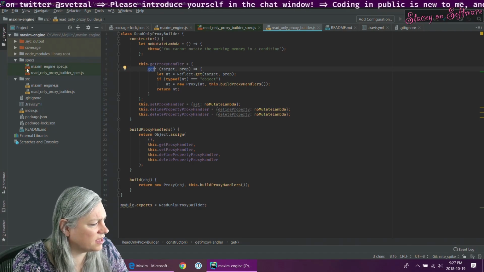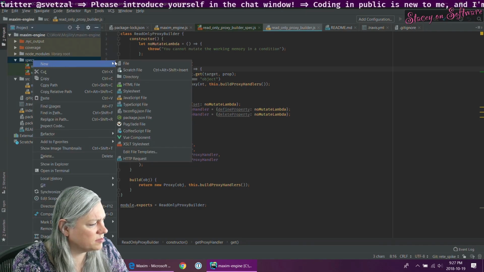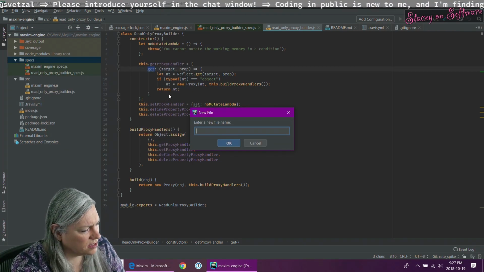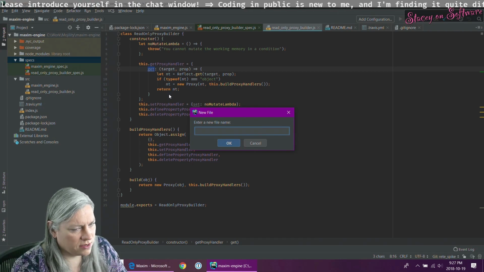If I had a thing, let me just start to prototype how it might work here. What am I going to call the thing? What do I call the thing?